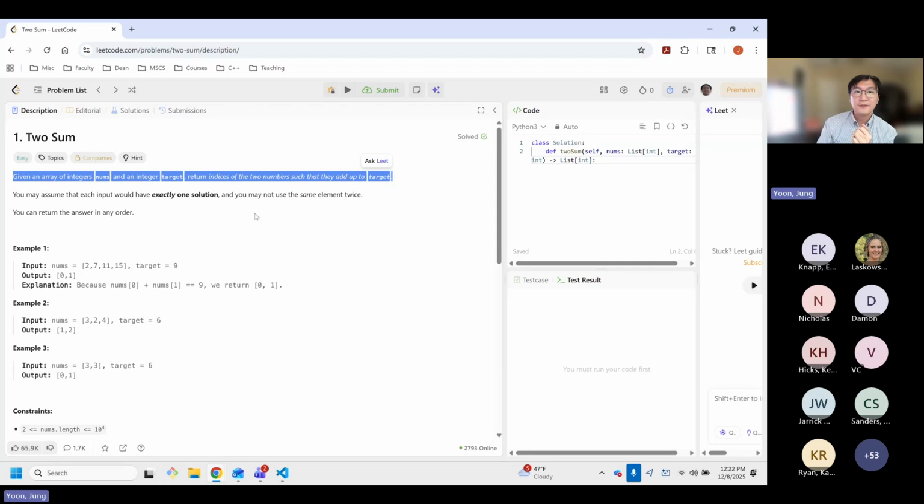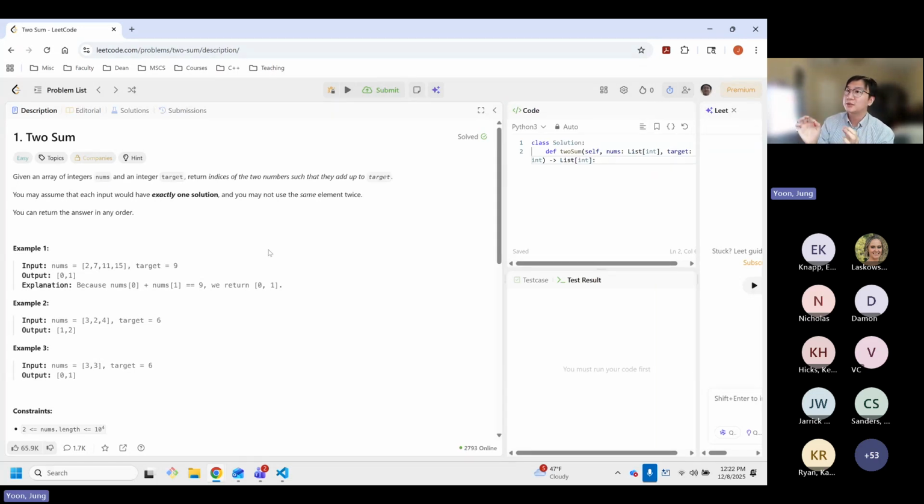So if this was not clear, that's another great way for you to leverage the thoroughness when it comes to coding, which is you can ask, hey, I notice here we want to return the indexes of the two numbers. Do I need to return them in an object or a dictionary? Or do I need to return it in an immutable array, based on the language you're using? By asking these types of questions, you're demonstrating to the interviewer, hey, I'm really looking at the nitty-gritties here, right? So do I need to return an array or not?